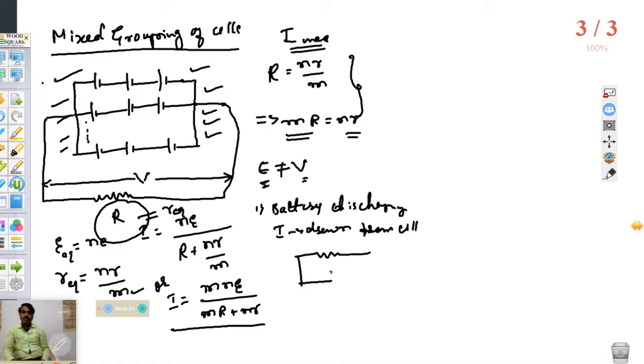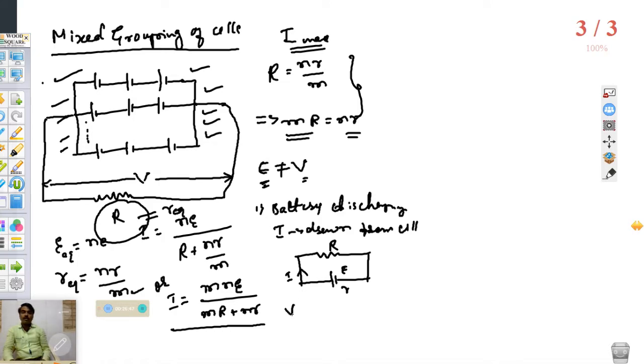For that external resistance, here is the cell of EMF E and internal resistance r. And if the current I is drawn from this external resistance, okay, already the cell is charged, or we can say that battery is already charged. From that charge we are discharging, it means current we are drawing. It is just like a mobile battery, we can say, or inverter battery. Whenever the power is off, okay, the battery will get discharged. So it means current is drawn from the battery to the entire circuit.